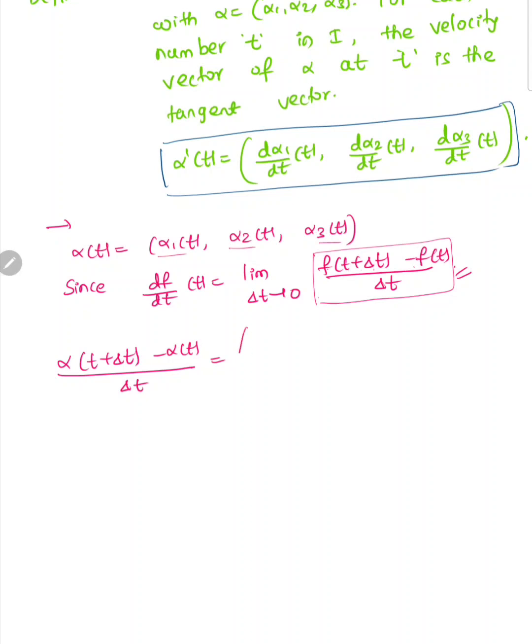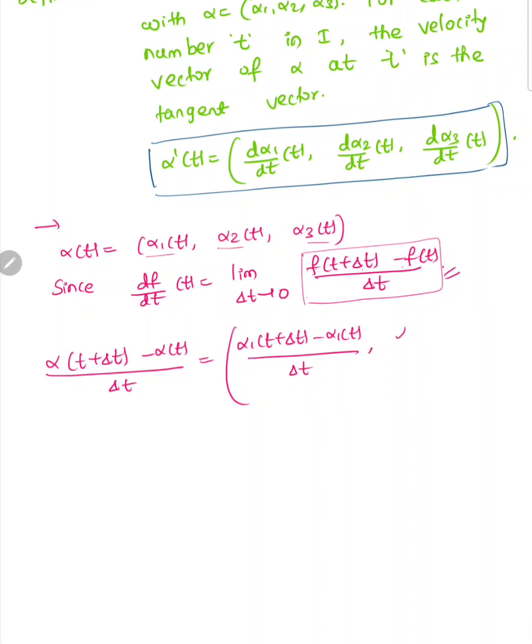This is equal to, for each coordinate, alpha 1 of t plus delta t minus alpha 1 of t divided by delta t. For alpha 2 the same,